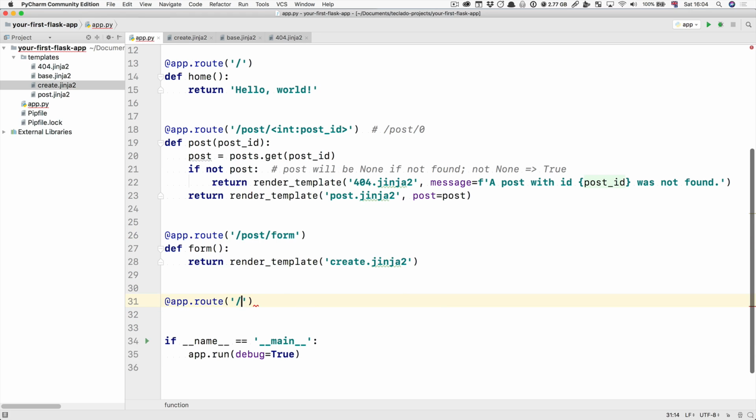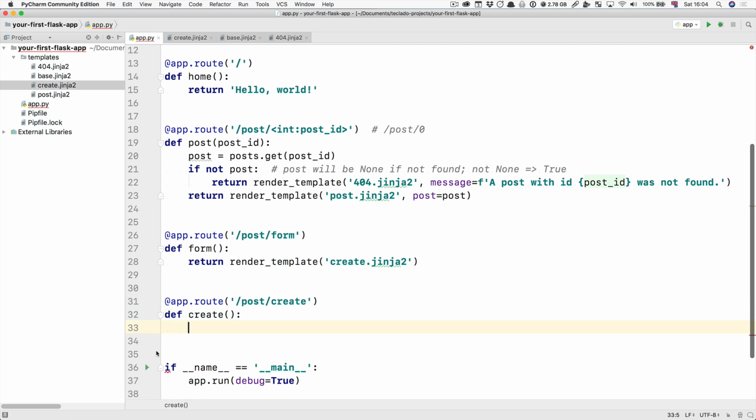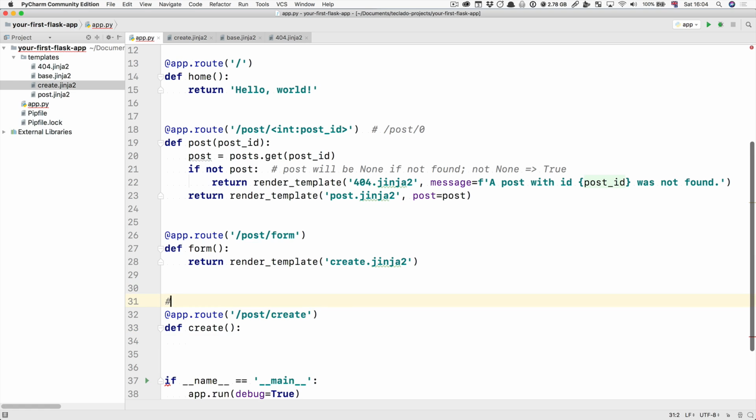App route /post/create. Create post. And this, I'm actually just going to call it create just to keep it simple. This is going to access that data that's coming through the URL. Remember, this here is